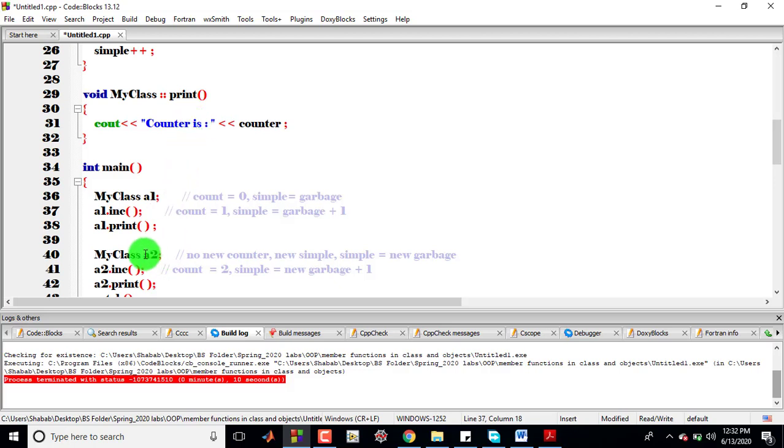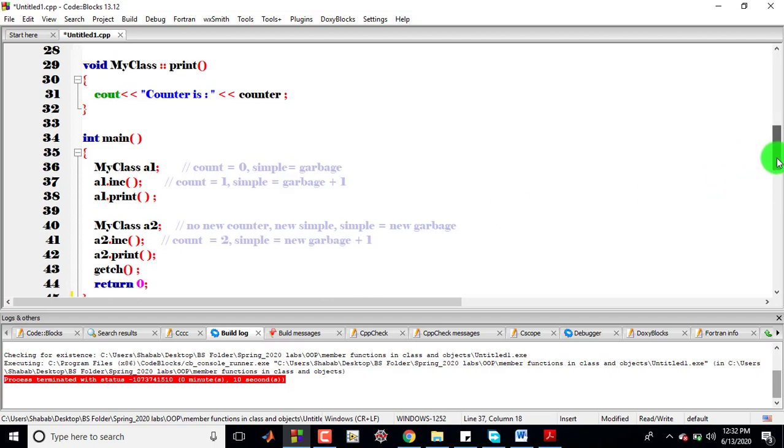Then the next object, A2, calls the increment function. It's the second time that the increment function is being called, so 1 is added to the already stored value and the counter becomes 2, and simple has the new garbage plus 1 value. A2 dot print prints the value of the counter on the screen.